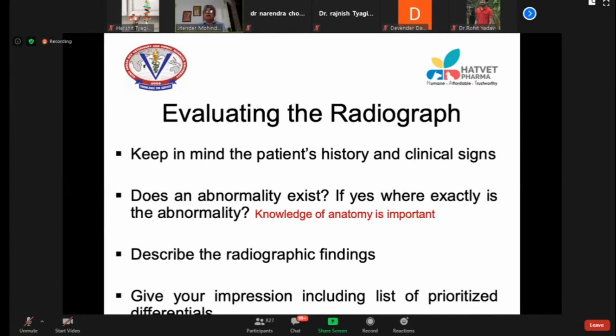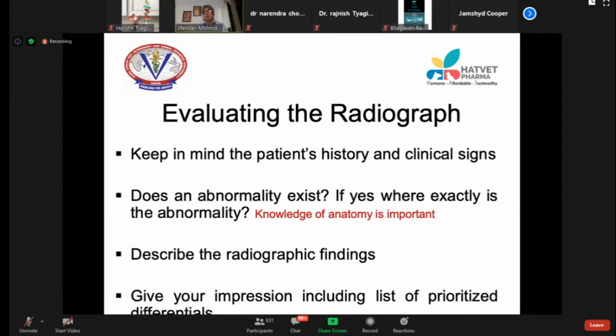Let us say that you find that there are some mineral opacities in the kidney. So you have to know what exactly the abnormality is and where exactly it is present. For that, anatomy is very important. If you know the anatomy, you should be able to tell the condition. If you don't know the anatomy, you may miss things.